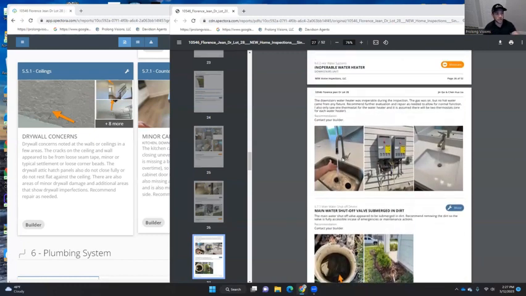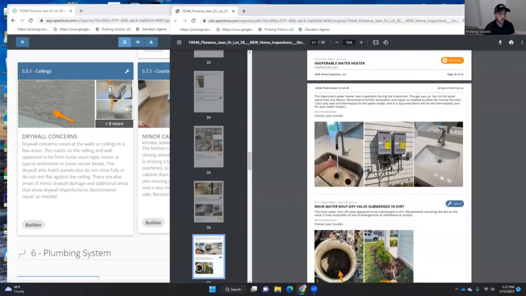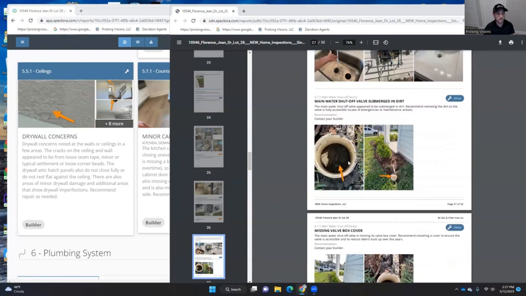So, here's my thing. Like, okay, if I just say the downstairs water heater is inoperable, I throw this in there so that they see. You don't necessarily have to do that, but it makes it easy, right? Main water shut off valve submerged in dirt. If I just had this picture in there,